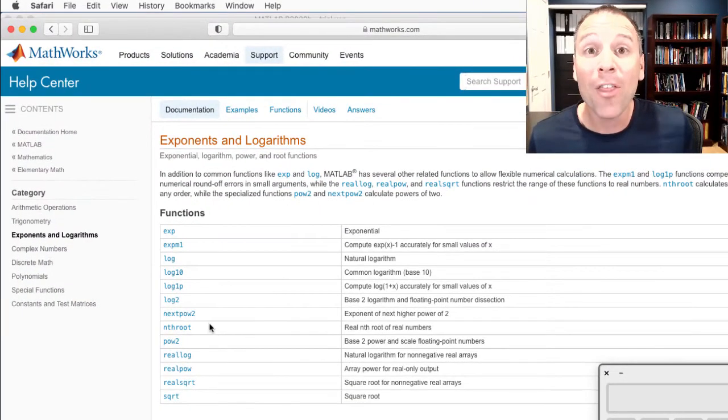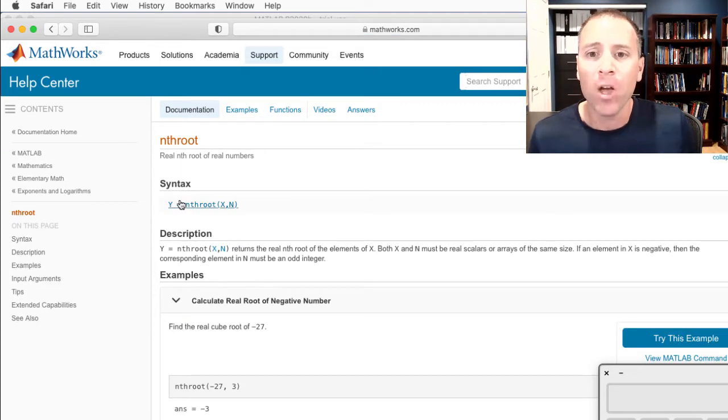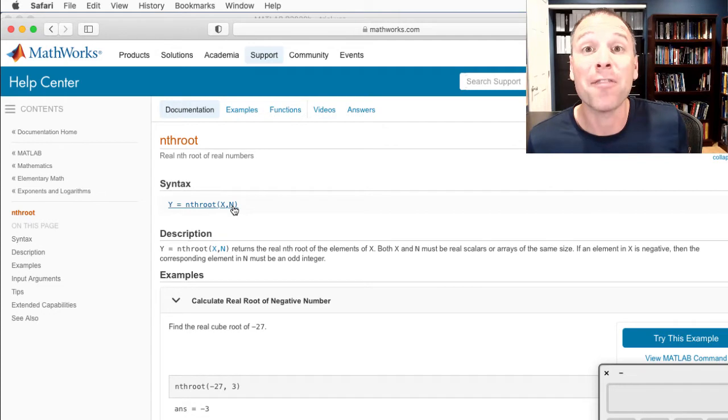Let's take a look at some other elementary functions that are built into MATLAB. Perhaps we're interested in learning how to take the nth root of a number. So here the function nth root, let's go ahead and read about it. Notice that the syntax follows that pattern. Left-hand side is a variable, the assignment operator, and then we have the name of the function. In this case, it's called the nth root function. We have an open parentheses, and in this case, it's telling me I need 2 inputs. The first input is the number that I'm going to take the nth root of. The second index is the value of n that I'm trying to find the nth root of.